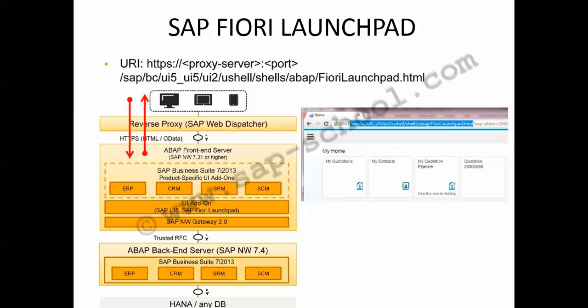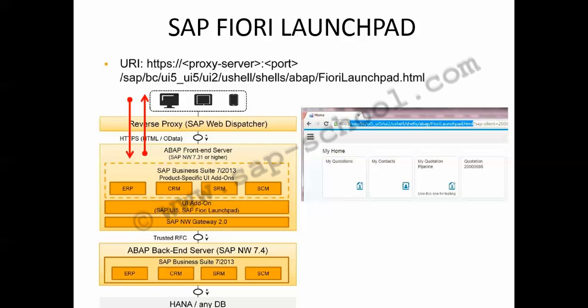After that we have the ABAP backend server, in which we will have all the SAP business suite, like ERP, CRM, SRM, SCM. All my OData services and all my business data will reside in my backend server, and all my UI components, so all the UI add-ons for the business suite products, will lie in my front end server.